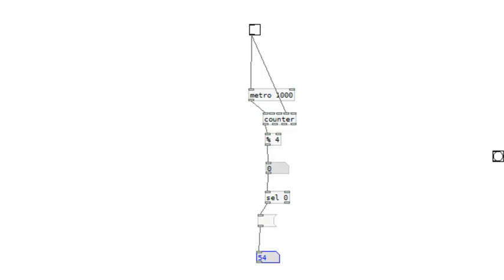Now let's again we'll get rid of that. We are going to type in here 1. We're going to create another one and type in here 0. Going to connect the first outlet of the select into the 1, the other outlet of the select into the 0. And then after this, we're going to create a new object using Control 1, and we're going to type